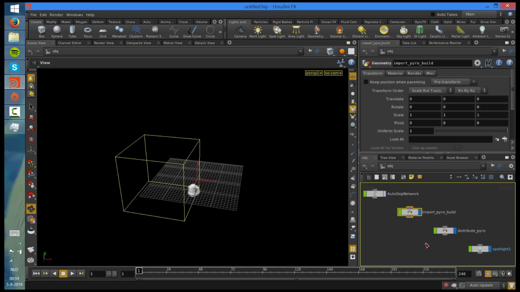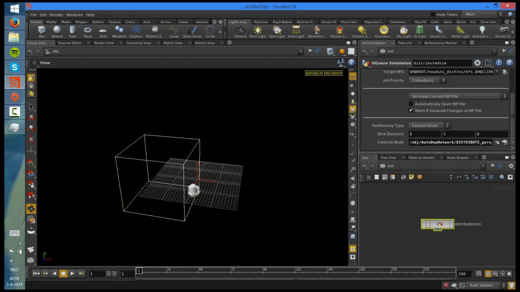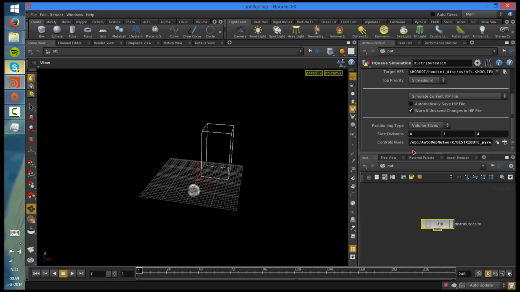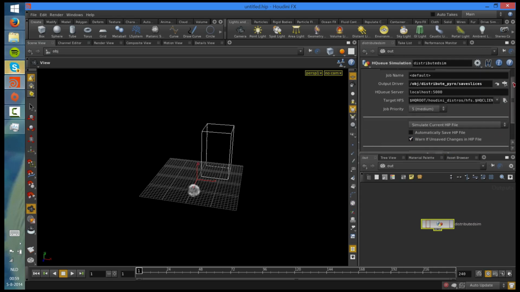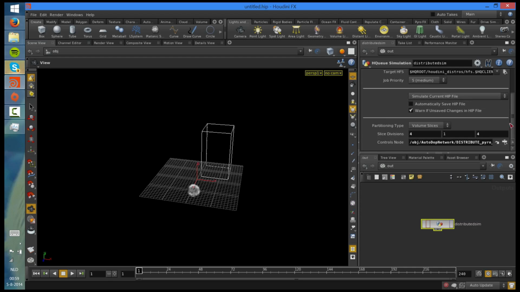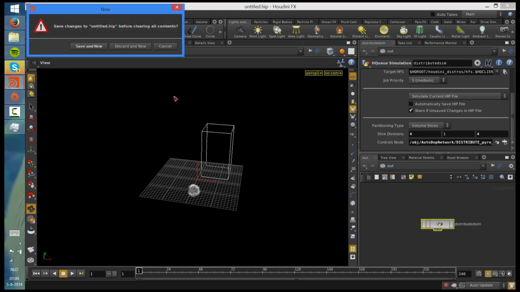And I will show you something else. You can also change this to 4x4. Then you need 16 computers, actually 16 clients. So or your computer does this simulation 16 times. If you press render, it will do that 16 times. So I will show you how to set this up. Actually, this